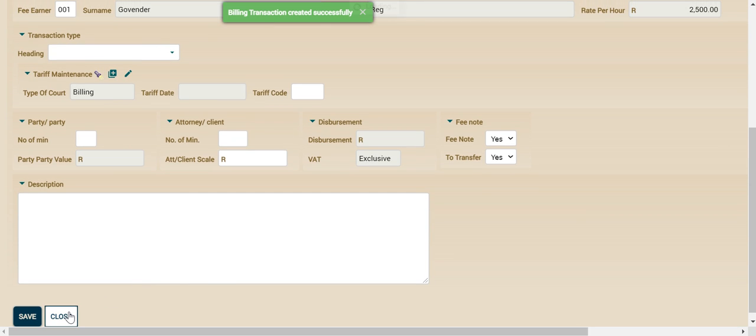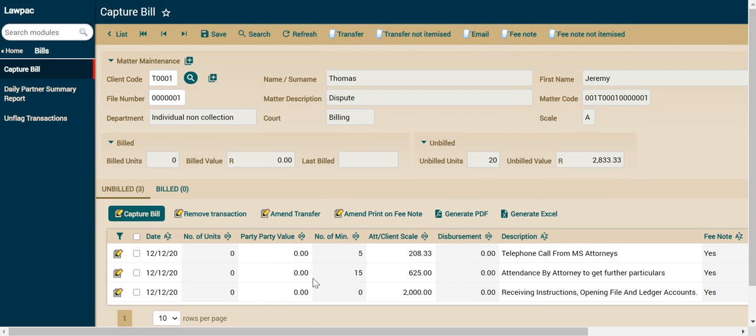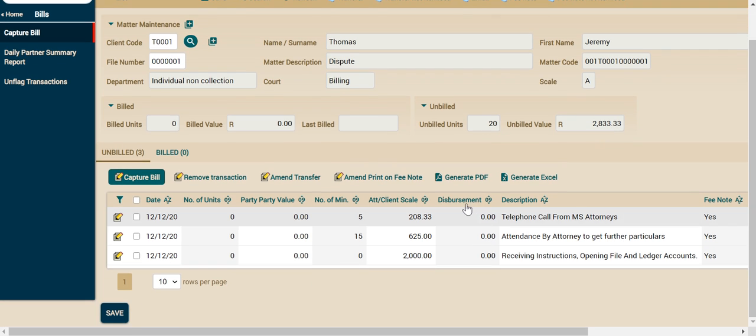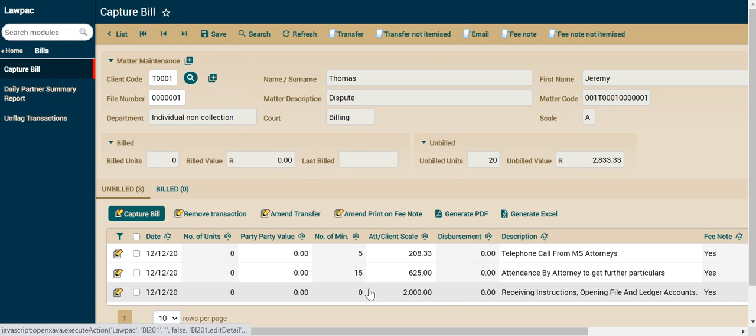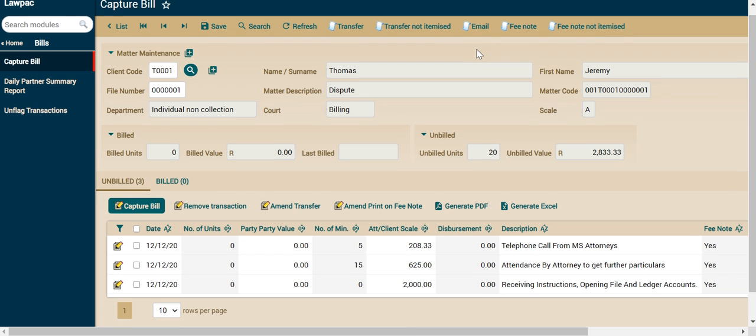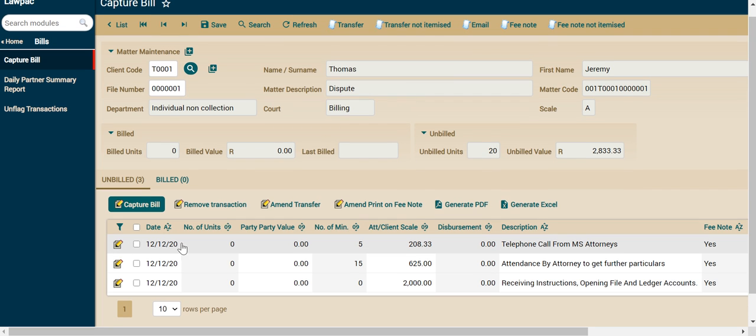We can close our capture of the billing, and we can see here the bills that have been captured there. So now we are able at this point to do a fee note to the client, which is with all the details, and a fee note which is not itemized. We are also able to email the fee note to the client. So we can save that, do a fee note,